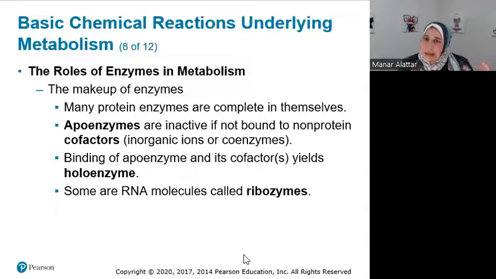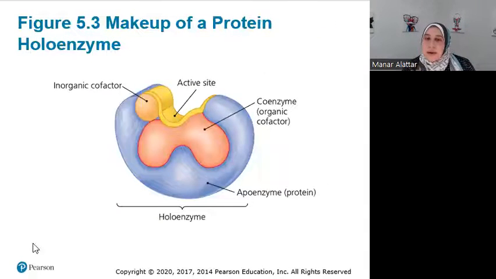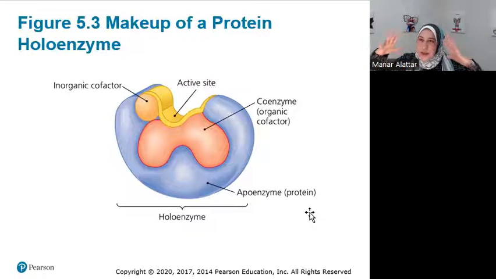Also, enzymes oftentimes can be improved, their activity can be improved or augmented by cofactors and vitamins, very essential to make sure that they're functioning correctly. And they have very specific shapes. So we said that each enzyme is performing a very specific function based on its very specific shape. And don't think of shape as just the physical shape. Also think about the